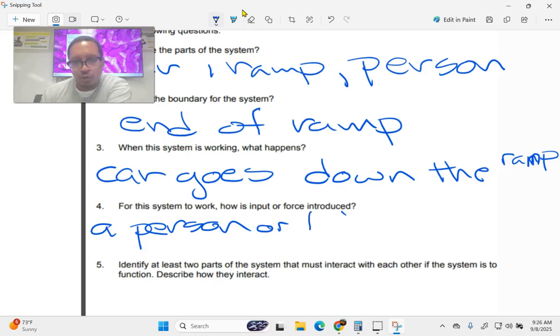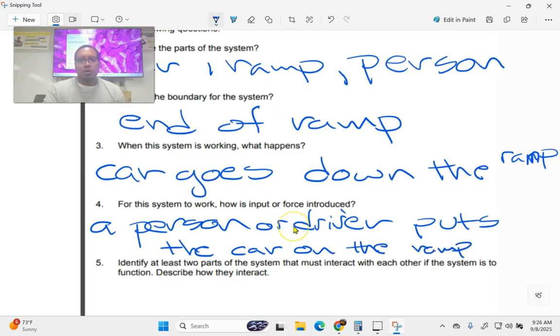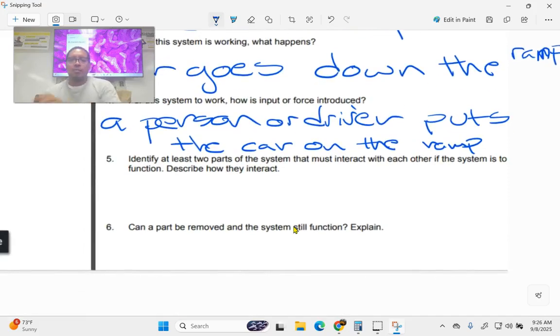So a person or driver puts the car, boom, the car on the ramp. Okay, what's next? All right, identify at least 2 parts of the system that must interact with each other